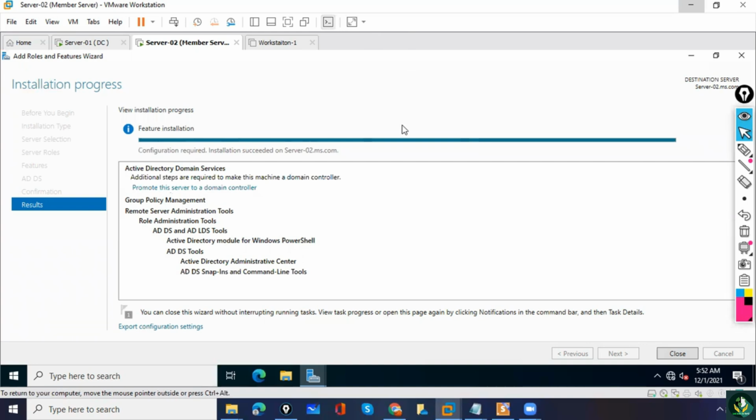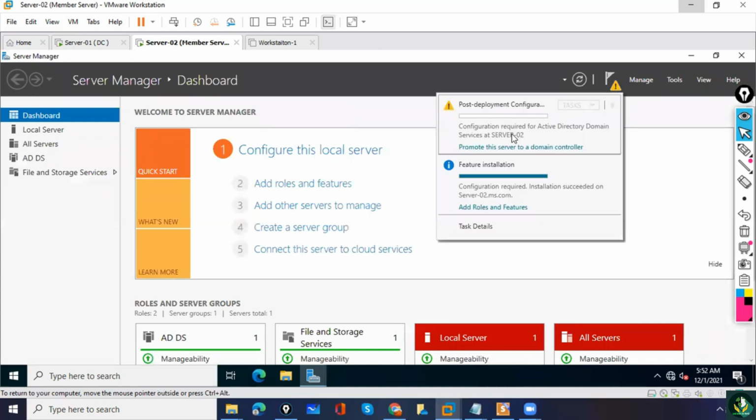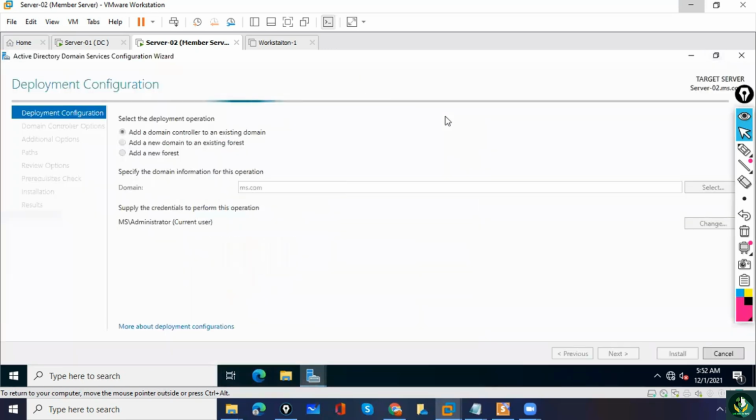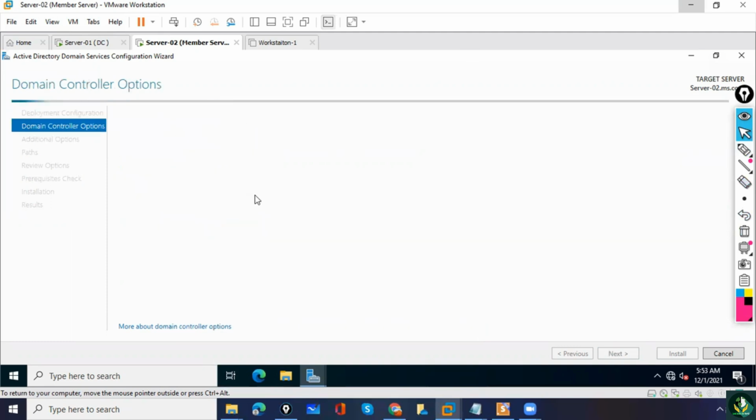So it is installed. We'll close this window and we'll promote this server to a domain controller. So here we have three options. We'll select the first option to make the server a domain controller. If you see here, add a domain controller to an existing domain. So we already have an existing domain and we will add the server to this domain here. Okay. So we'll select the first option, then we'll click next, and the domain name is ms.com here,